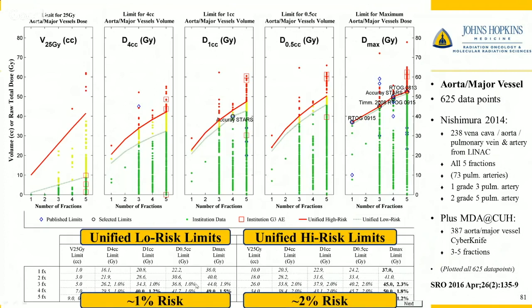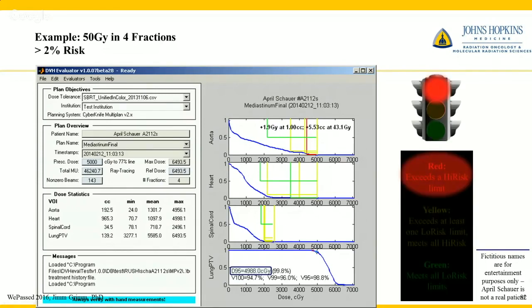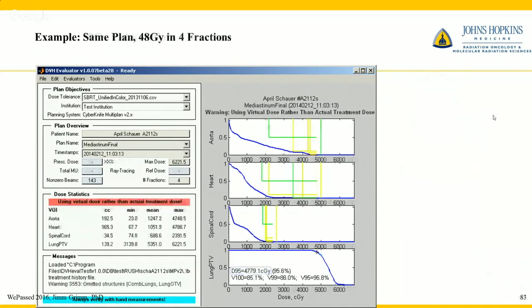So for aorta, we came up with 1% and 2% risk levels, which is much nicer than 5 and 50%. So clinical implementation has to be easy. You could see right away, red, we're over a high risk limit for aorta. And numerically, it tells you how much you're over. So you could see how much you need to come down, or how much you need to improve the plan. So I draw a stoplight just to graphically illustrate the software. The stoplight is not part of the software, just to symbolize.